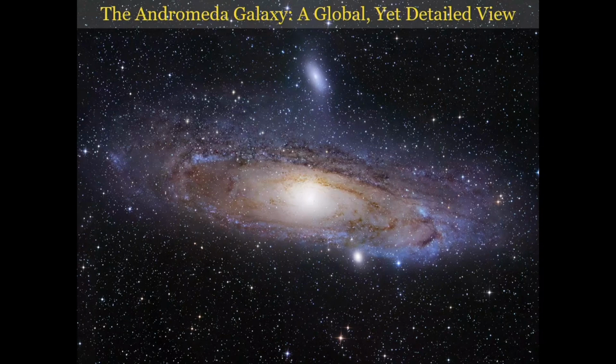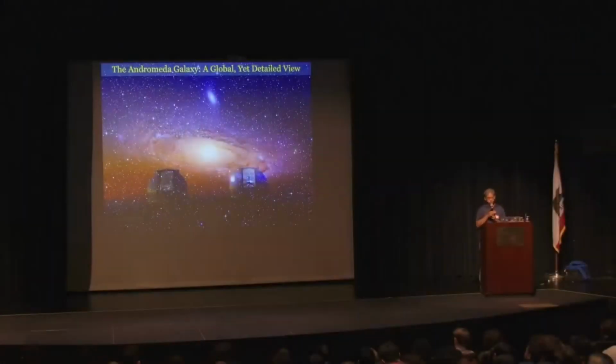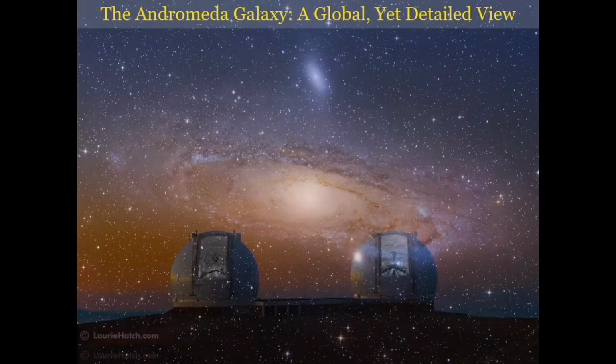We use the Keck telescopes in Hawaii that are just coming into view. This is a glorious Mauna Kea sunset, imaged by Laurie Hatch. And each of those telescopes, the size of the mirror is about equal to the central seating area of this auditorium. It's about 10 meters across. It's not a single mirror. It's a segmented mirror with 36 segments. Each segment is taller than a normal-sized human being.